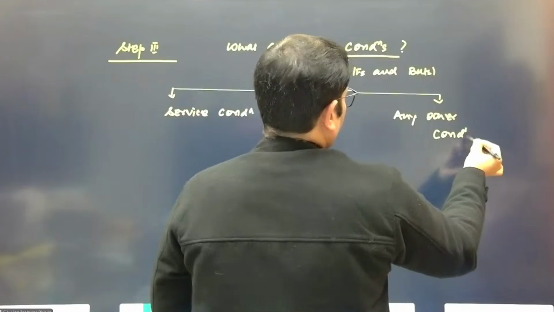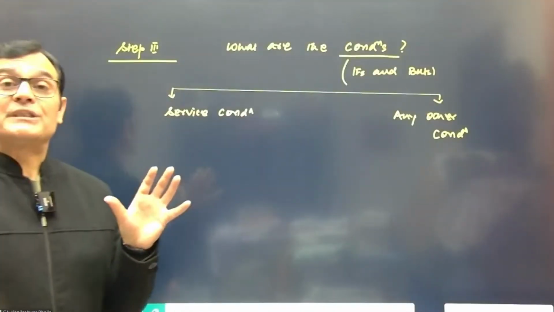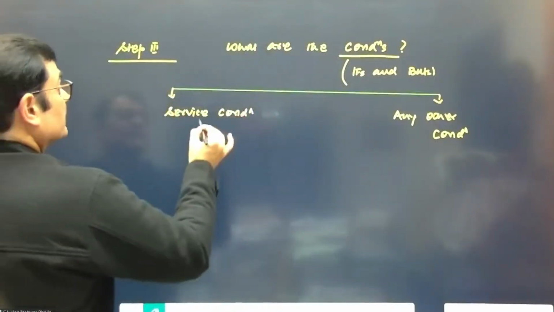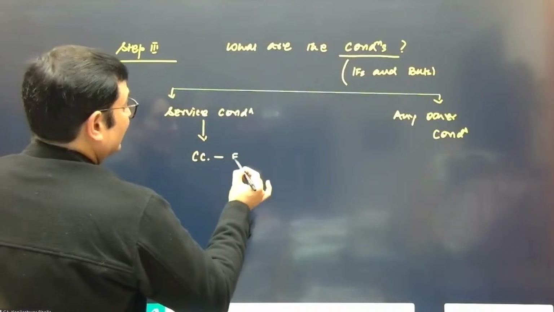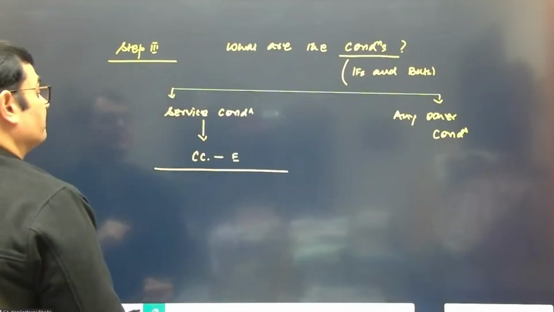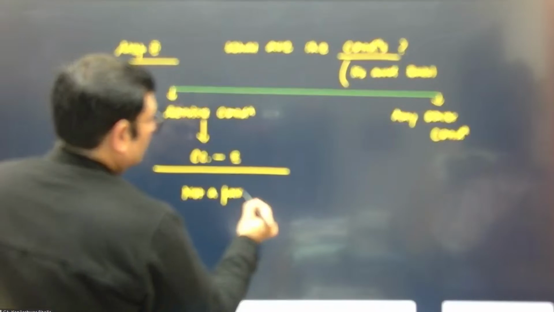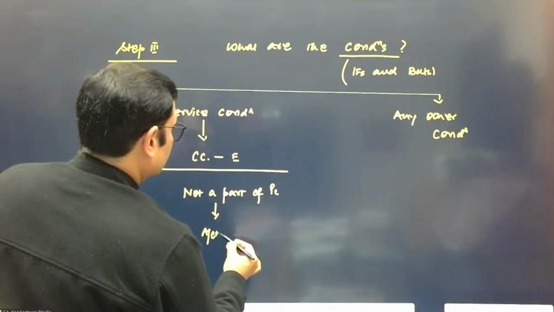In this particular case, you have to look at the facts of the case, read the inputs and see what kind of condition is there. If it is a service condition, then it is contingent consideration E, employee capacity. It is not a part of PC. It is not a part of the purchase consideration. It is to be accounted